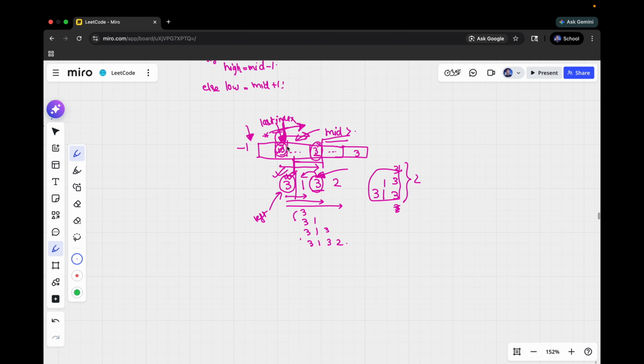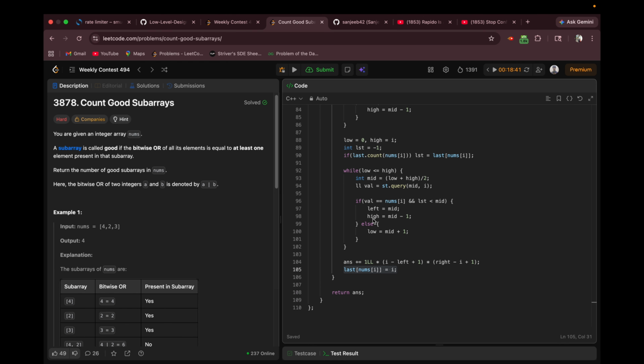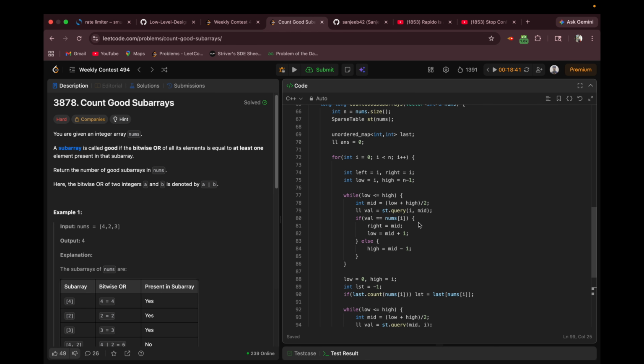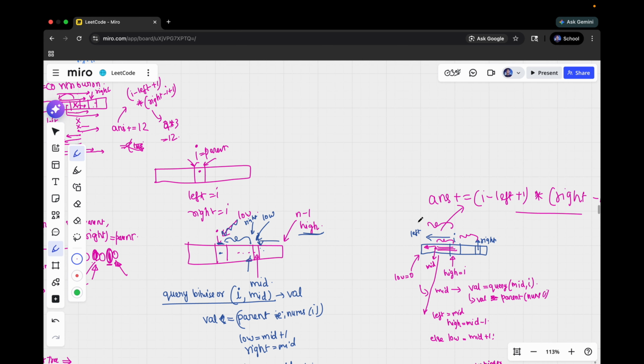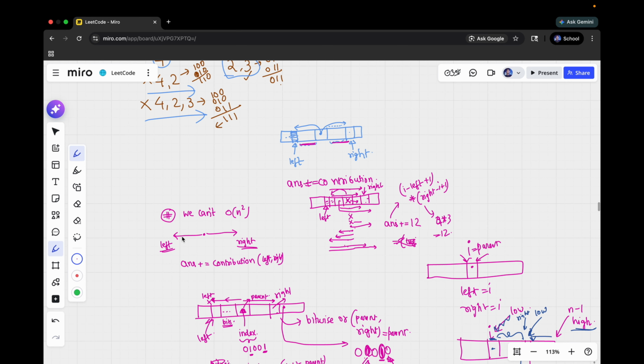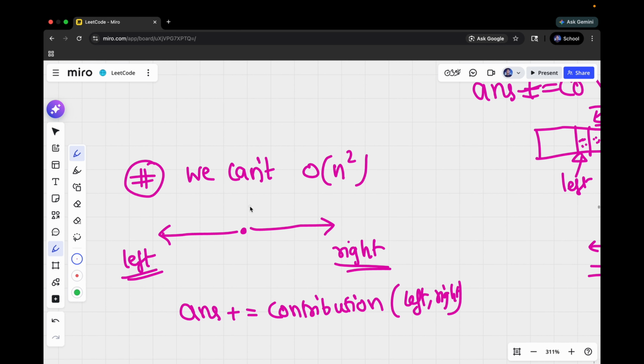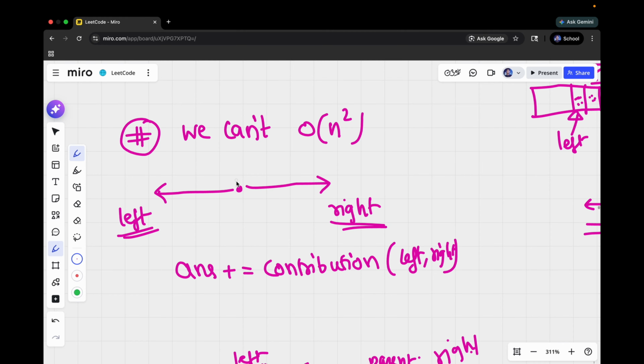So that's pretty much it for this problem, and I think it was a good question to learn from. Do remember what I told you: usually we can't do order of n squared, so we keep the center fixed, expand on the left and expand on the right, and